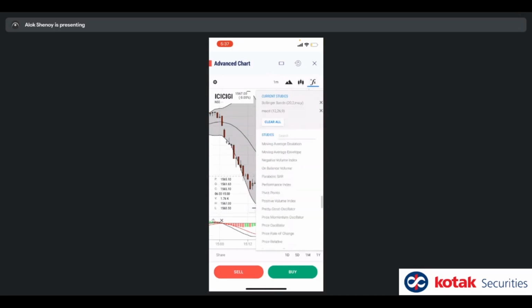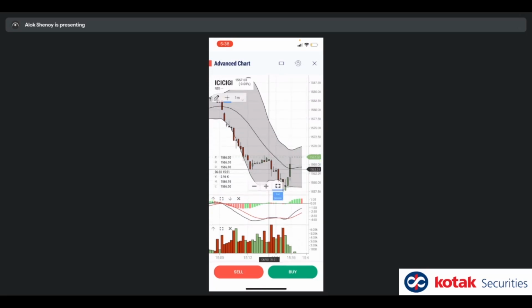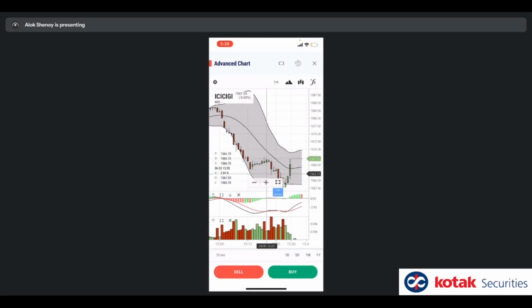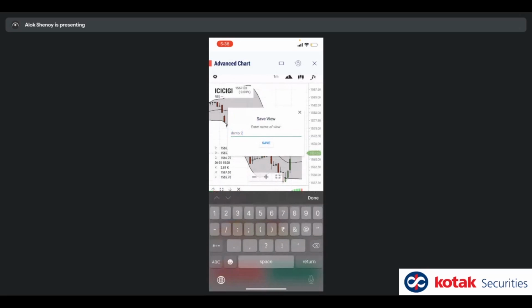Let us also look at volume trend, which is down here. So I'm seeing multiple charts in one screen. I want to expand this in the vertical, in the portrait view itself. I just click on the full screen option and I can see a slightly taller chart, right? And if I want to save this view, I click on the mountain icon up here and I can just say plus save, and I'll just say demo 2 and save.